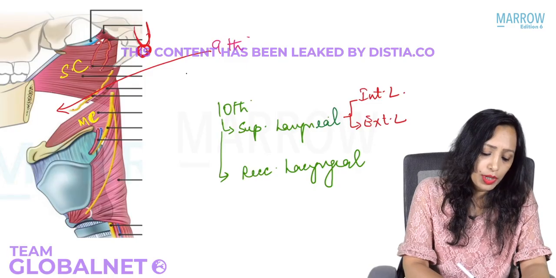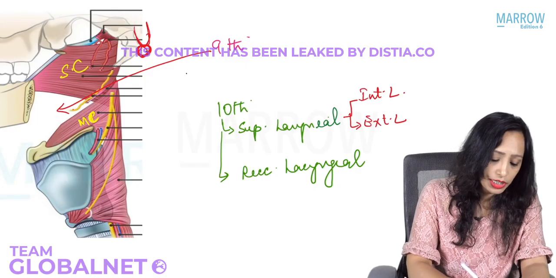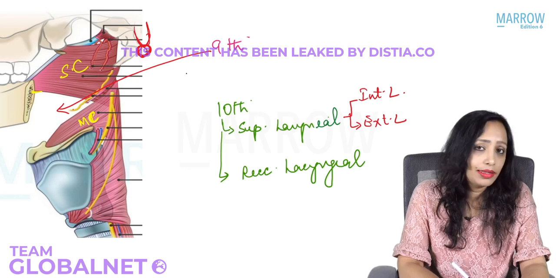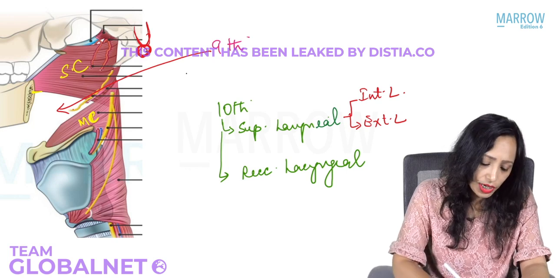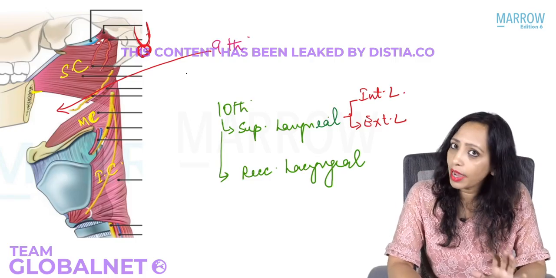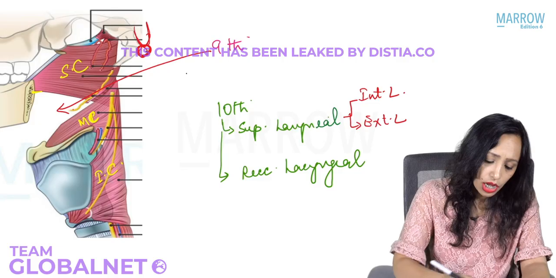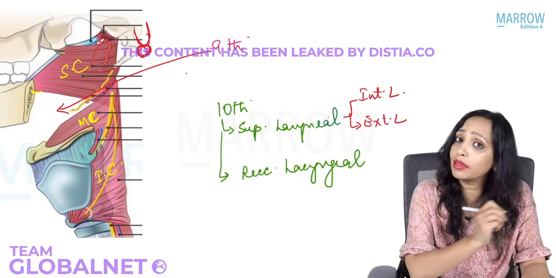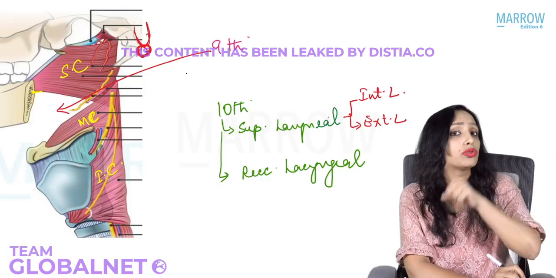We know that the superior constrictor's lowermost attachment is at the mandible. Middle constrictor, yes, it arises at the level of the hyoid, and the inferior constrictor, this here is the inferior constrictor, that is at the level of the thyroid and the cricoid. Yes, so here we have the first gap in between the superior and the middle constrictor. Through that will enter the 9th nerve. Yes, that is the uppermost. So that will enter through the upper gap.